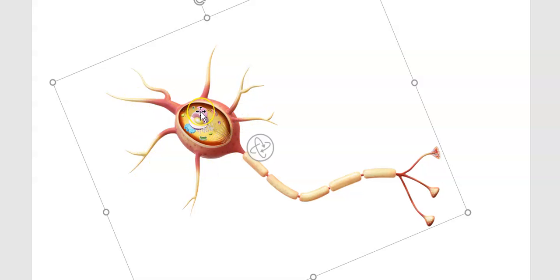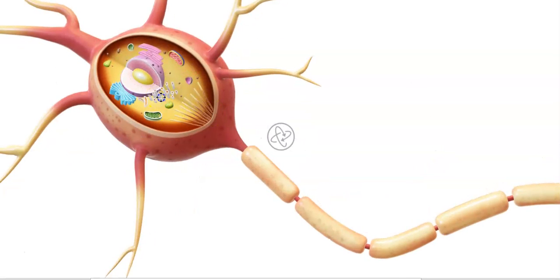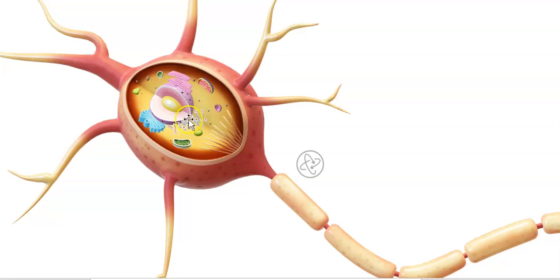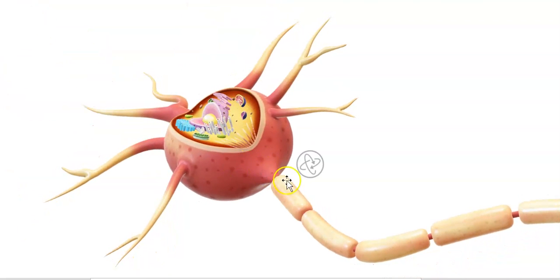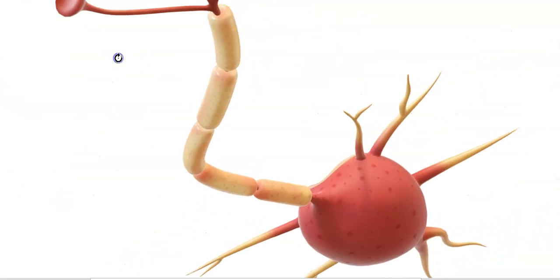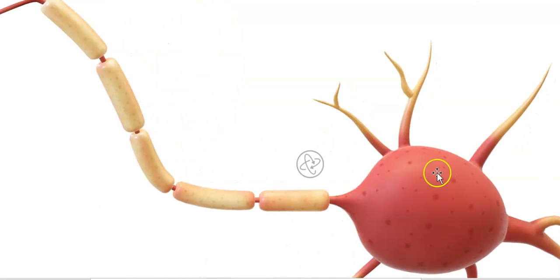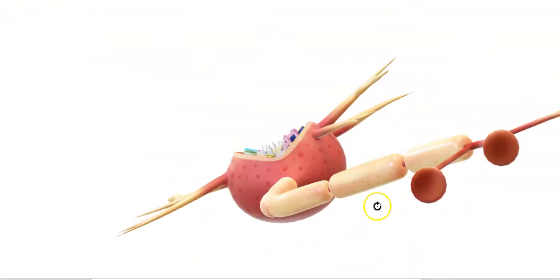Starting off is the cyton, also known as the cell body. We can see right here. So right here is the cyton. As you can see, it contains the nucleus and the endoplasmic reticulum, mitochondria, Golgi apparatus, centrosomes, all the typical animal cell organelles. And it's deeply stained with cytoplasmic granules, which you can see right here. These are all of the various different granules that the cell body is deeply stained with. So moving on,